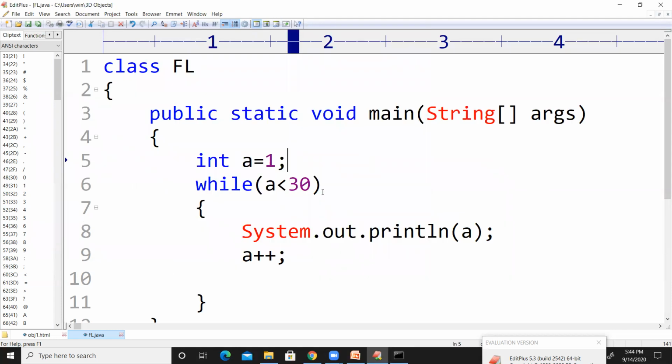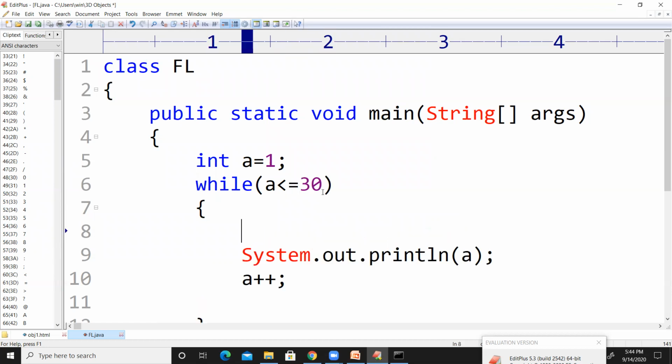So for example, I want to print all the even numbers between 1 to 30, right? So for this, this while loop will start with 1 and end at 30. And inside this while loop, if I write a condition, what is my condition here?